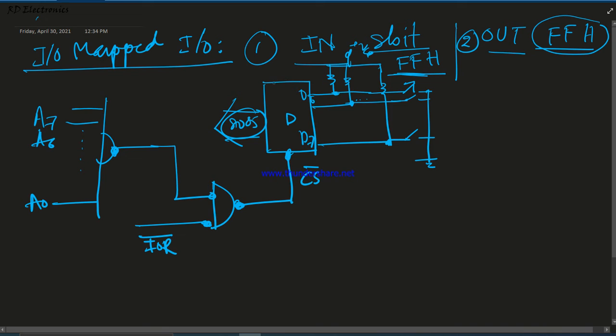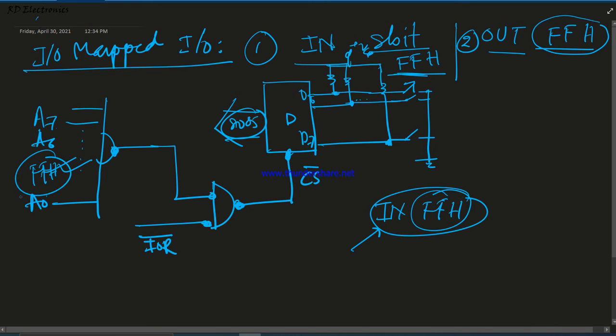So what is the operation of this hardware? When we execute the instruction IN FF, at the first machine cycle, opcode fetch, the IN instruction is executed, and after the IN instruction is recognized by the microprocessor, it places this FF address on this hardware section, that is A7 to A0. Here FF is applied and the signal is active low, and in this machine cycle IO read bar is also equal to 0, that means active low.